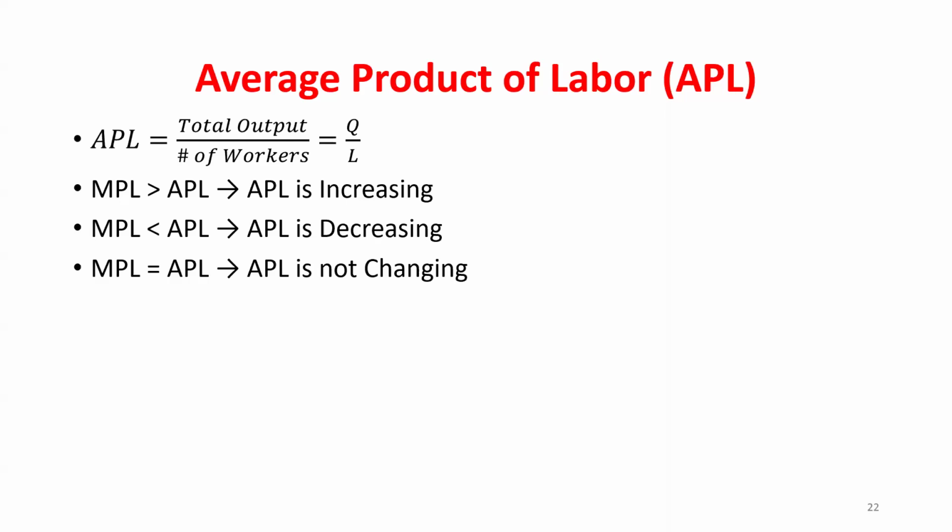Now, if instead I think about a scenario, I want to make this easy on myself as well. Let's say I add a third worker, but the marginal product of labor is below the old average, right? When I originally had two workers. So now I've got a total output of 40. What's my average product, right? Should be what? 13.33 repeated, if I'm doing the math in my head correctly. So when my marginal product is below the old average, it's going to be pulling my average down, so my new average product is now even lower, right? This is just a law of mathematics, okay?